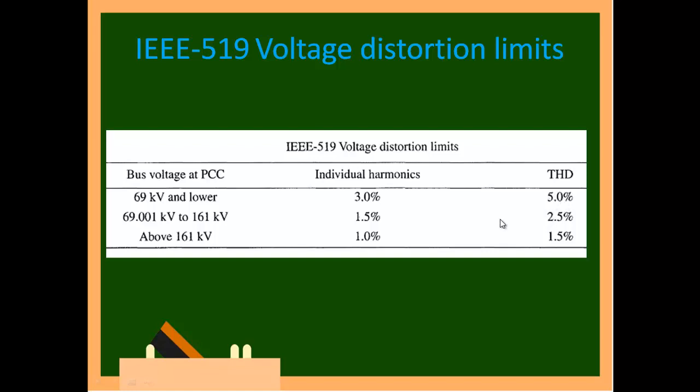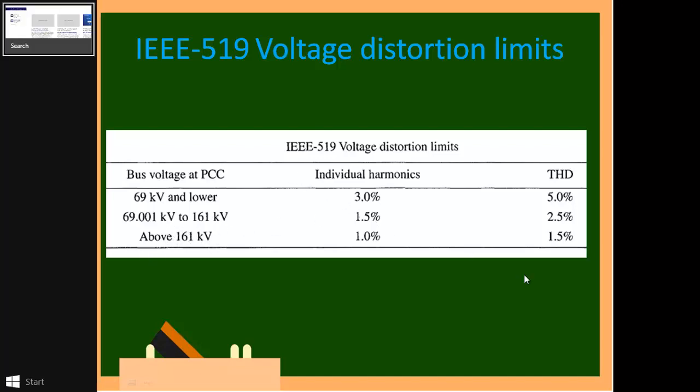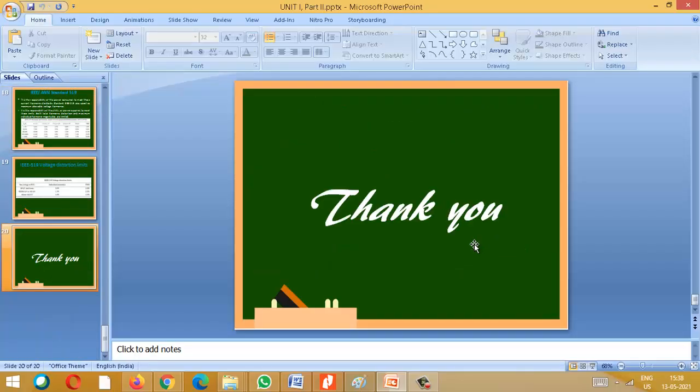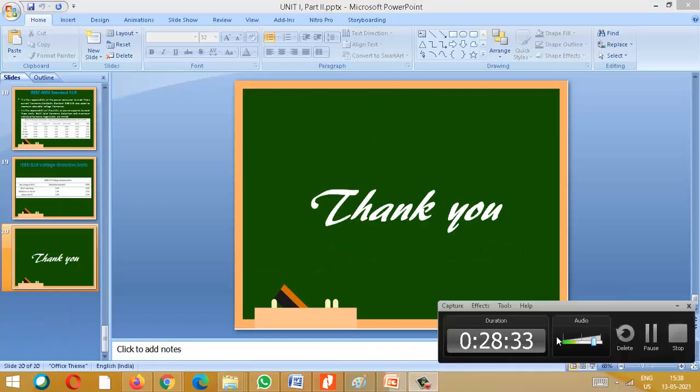If you do any project with respect to a microgrid or grid, where you have power generation of the order of 161 kV and beyond, the limit is reduced from 5% to 2.5%. And if you are doing power generation, like wind or solar, at voltage levels beyond 161 kV, only 1.5% is allowed. So with this we will stop today's discussion. Today we have discussed the standards.